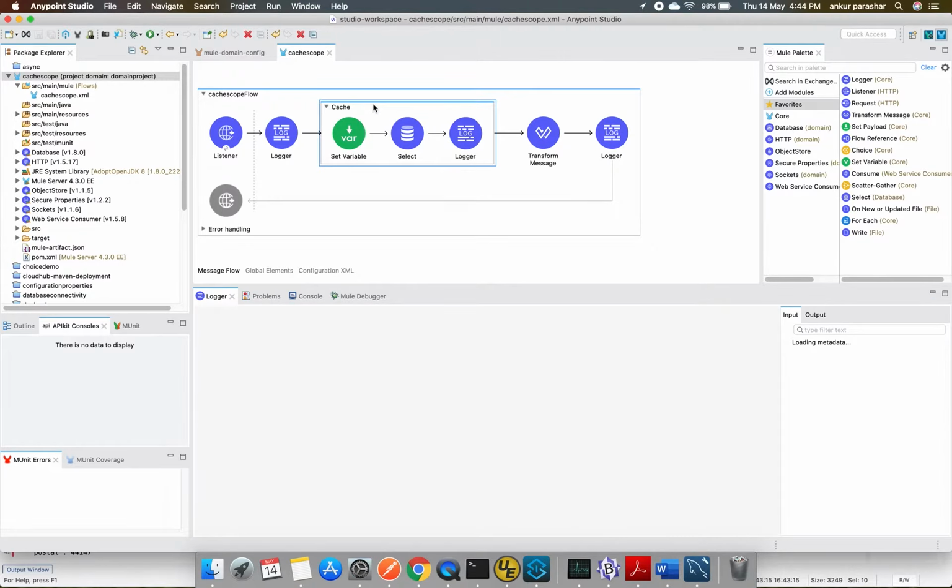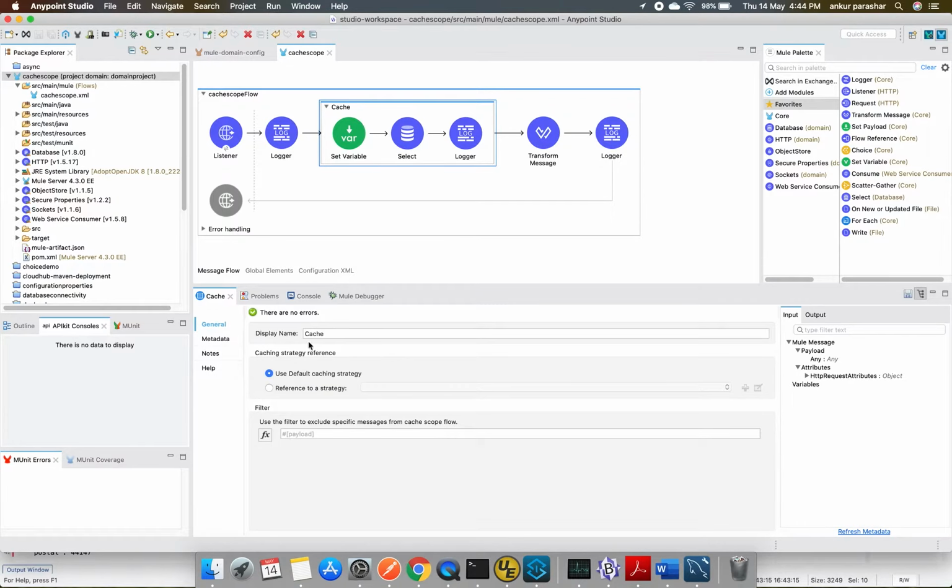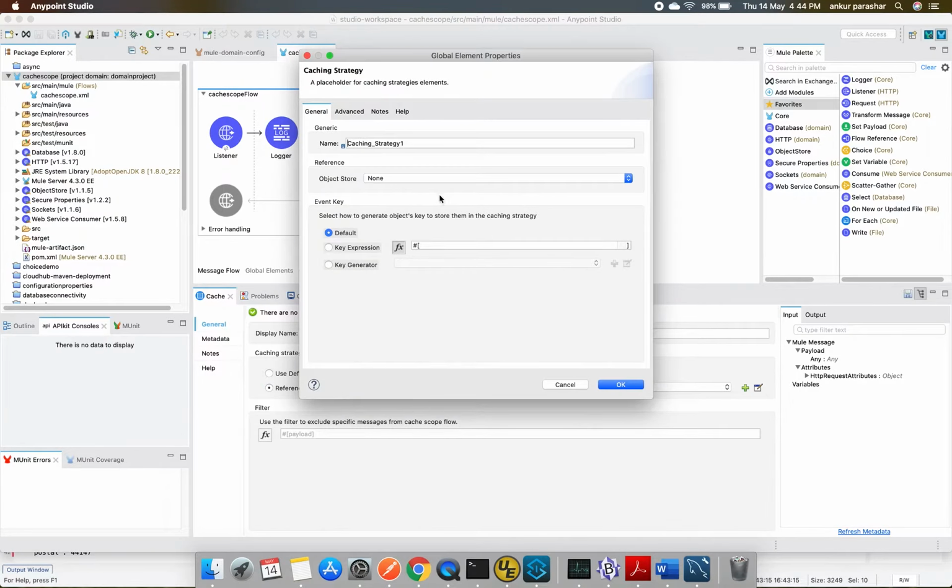Let's go with a different caching strategy. How you can do it is to click on the plus sign, and it gives this option to set the object store or none, whether you want to set it or not, or default key expression and key generator.